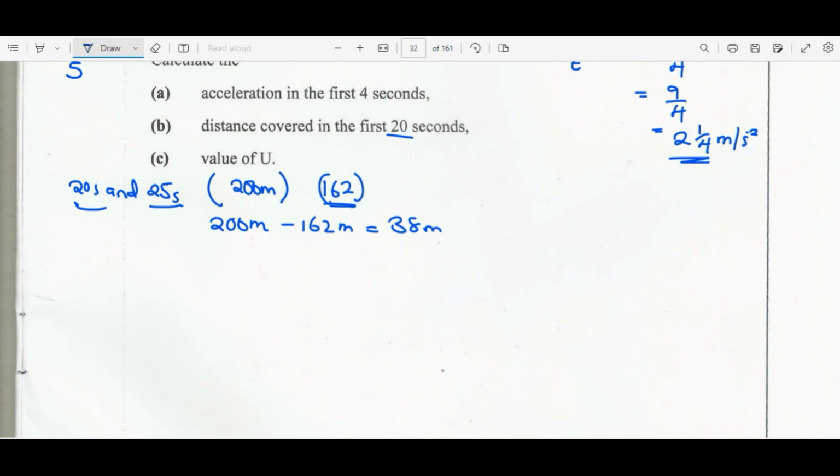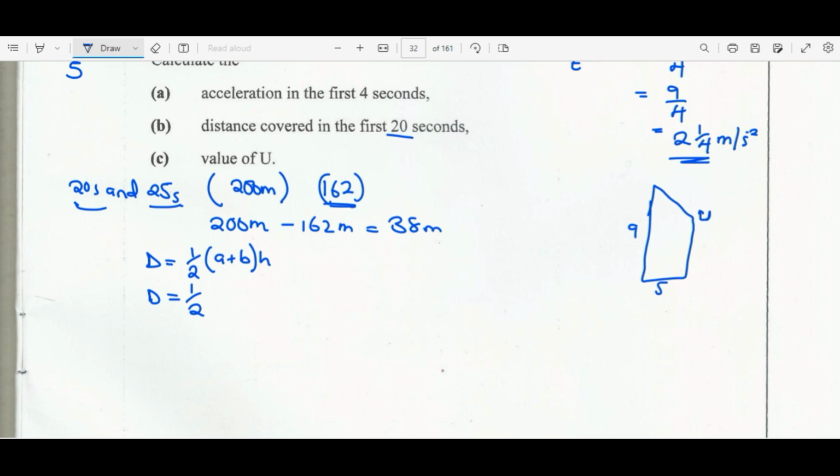Now we want to find the value of u. So the value of u, how do we find the value of u? We're going to use the same formula, which is d is equal to, because it is a parallelogram, 1 over 2. Let me just draw here. So this is a parallelogram, and then we say that here is 5, here it is 9, and then here we have a u there. So in this case, it will be open bracket a plus b, and then h there. So d is equal to 1 over 2,